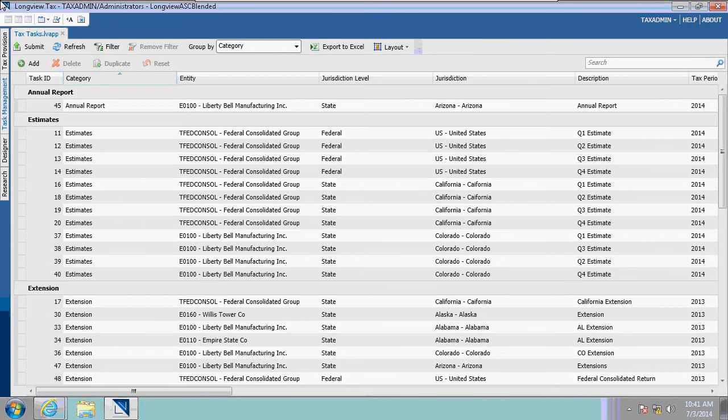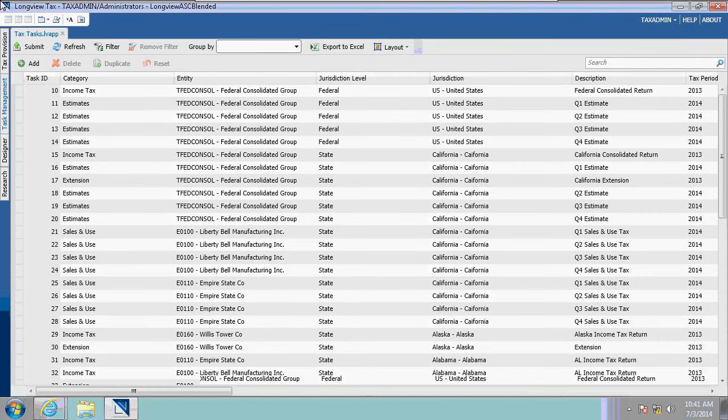To see a list of all of the information that we have set up in the system here, I can come back and just ungroup my information by selecting a blank workspace area here. And this will bring us to our starting point for our tax tasks. With tax tasks, you can list all of your information by using the various columns that we have here in